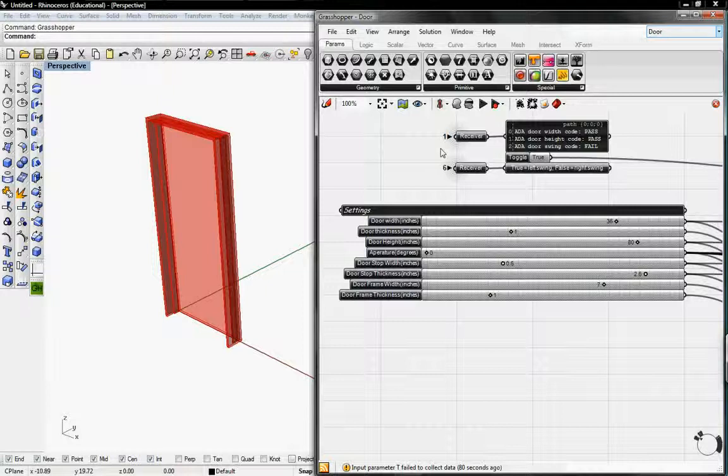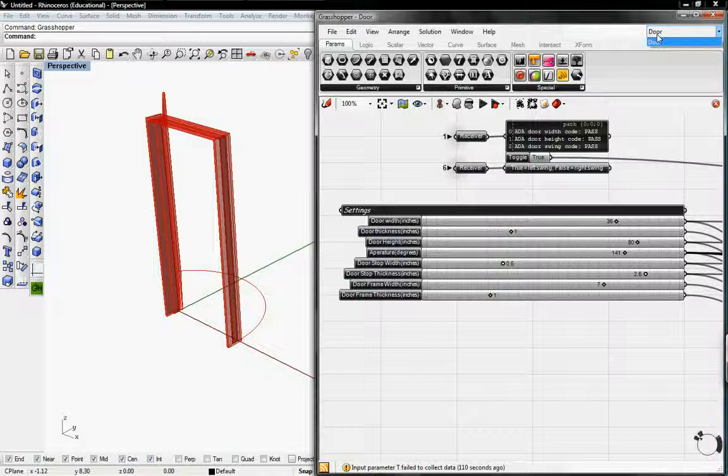Welcome to Digital Toolbox. Today we're going to create a door that we can adjust the height and the width and other variables to our door. And we can also adjust the door swing's degree. So when we bake this into Rhino and apply it to our model and we create sections, we don't have to recreate the arcs or the door stops and the door frames to create an accurate design development drawing for